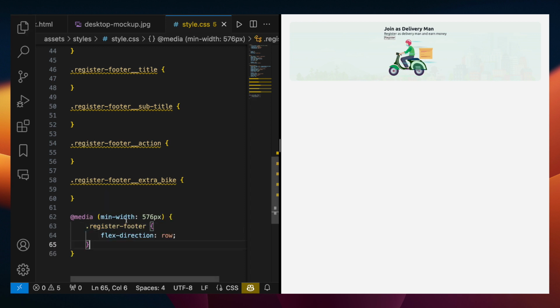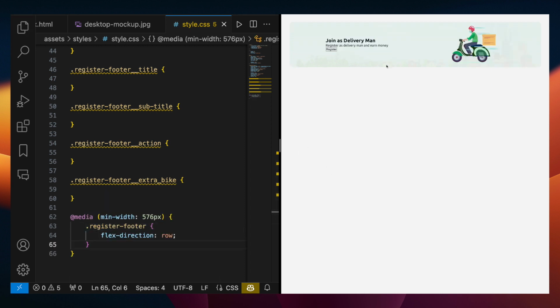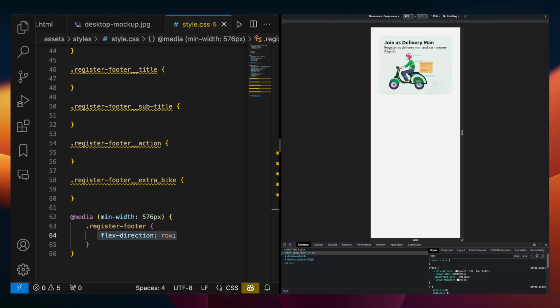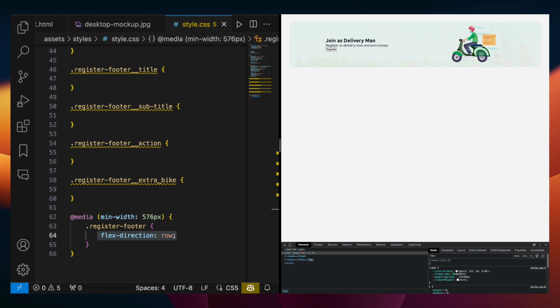Okay, so yep, exactly. There you go. Now we just made it flex direction row, but it still should be maintained as a column for our mobile context. Looks good. Great. Okay, so let's see what else. Now that we have that, let's go back and continue to change the rest of our things,